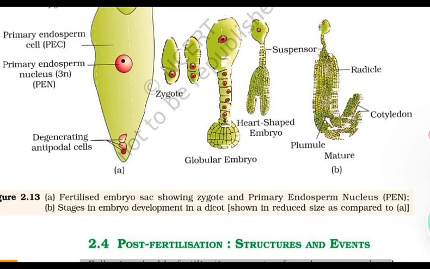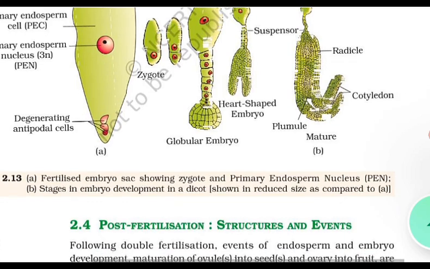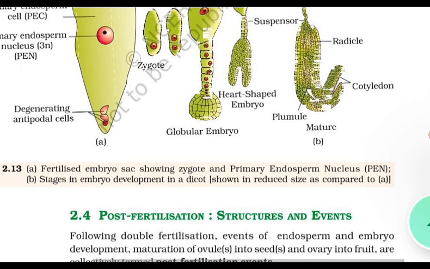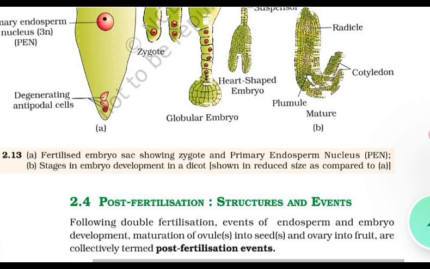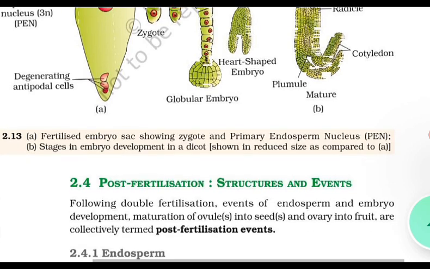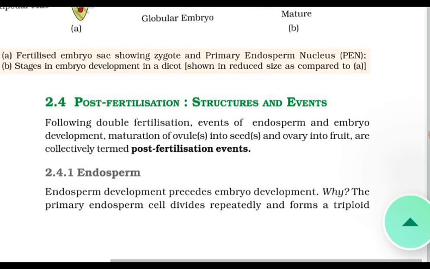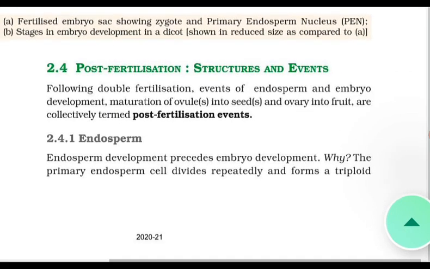The third device to prevent inbreeding is self-incompatibility. This is the genetic mechanism and prevents self-pollen from the same flower or the other flowers of the same plant from fertilizing the ovule by inhibiting pollen germination or pollen tube growth in the pistil. Another device to prevent self-pollination is the production of unisexual flowers.